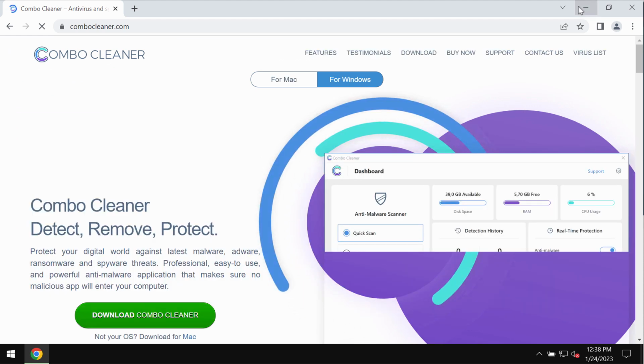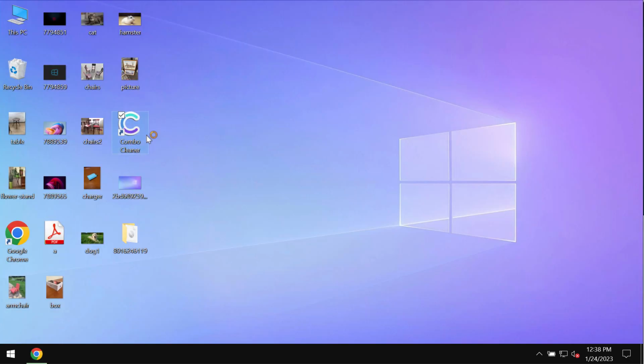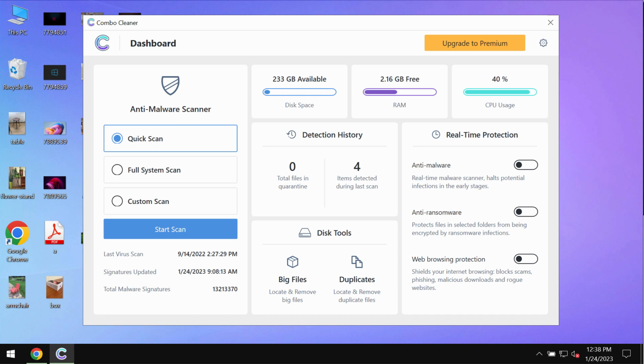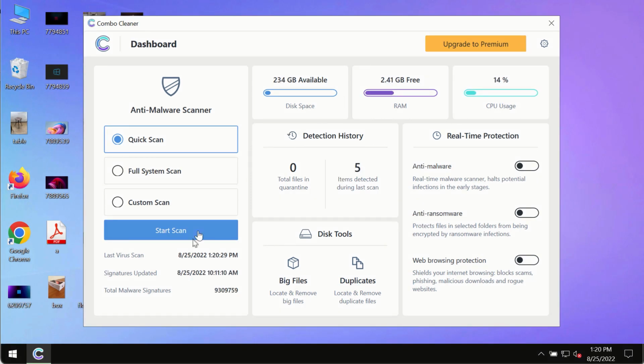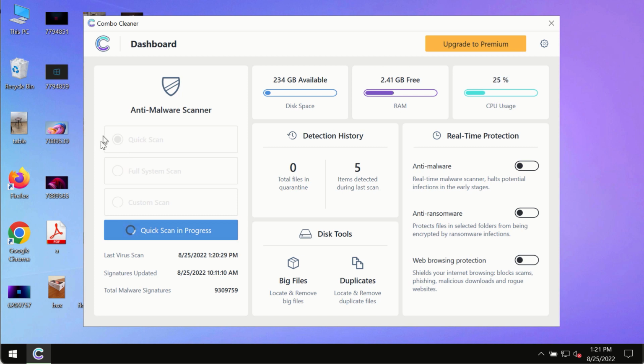You may get its fresh version on the page combocleaner.com. Download it, install it, and begin researching the system. After you have successfully downloaded and installed Combo Cleaner Antivirus, make sure you click on the Start Scan button. Initially, the program is in trial mode, so only the quick scan option is so far available in the